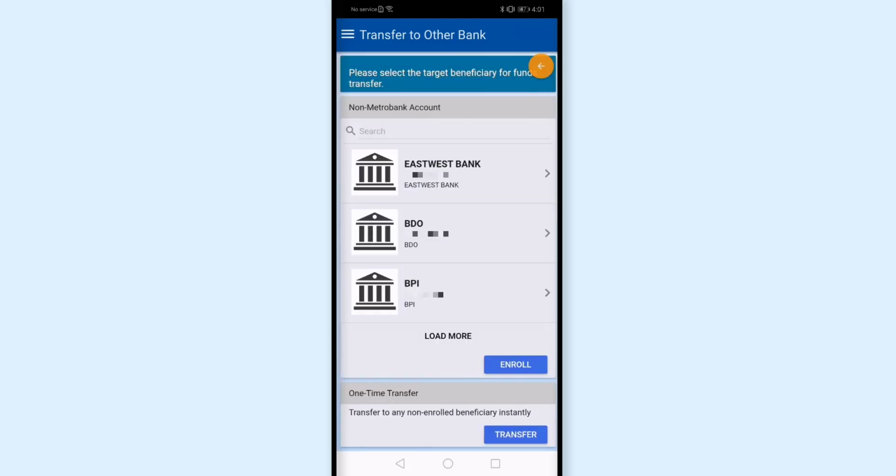And kung mapapansin nyo, may list of banks na naka-enroll dito is West Bank, BDO, and BPI. Nakapag-transfer na ako ng pera in the past in this accounts and sinave ko siya as beneficiary. So later on, yung Landbank account na pagkapasahan ko, isave ko rin siya as beneficiary and mag-reflect din siya sa list na to. So since first time ko magpasa sa Landbank account, I'll tap this one-time transfer